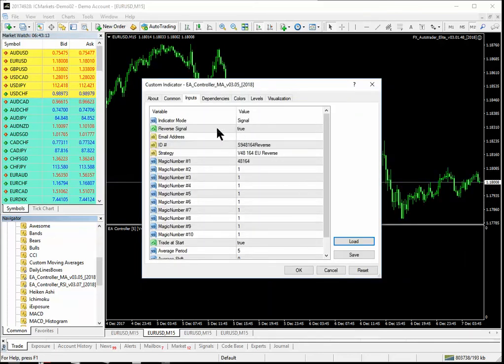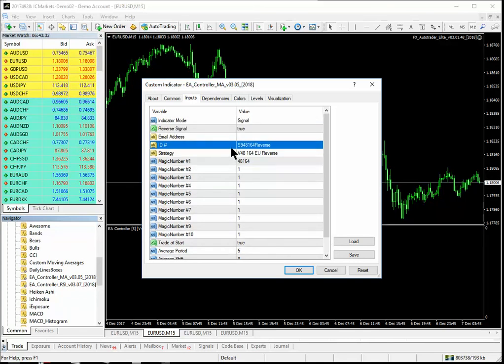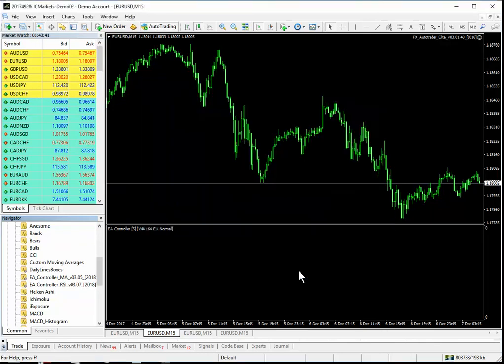You can see here we've set reverse signal to true. You need to add your email address, and now the ID number is S9 for reverse, and that's a descriptive title. And as you can see, we're monitoring the same EA, so the same conditions there. So I'll do the same as before. I double click that, so it's highlighted. I right click and copy. I set this OK,